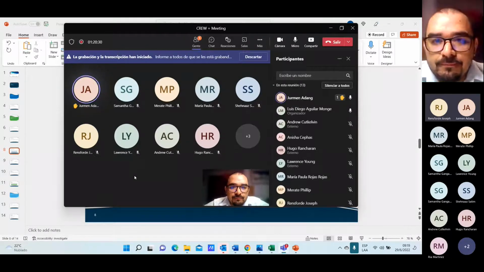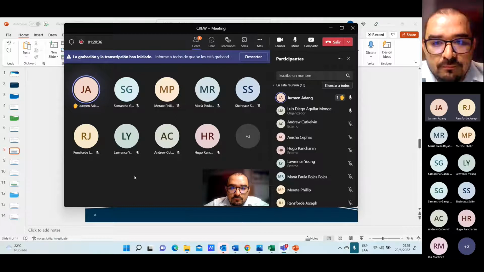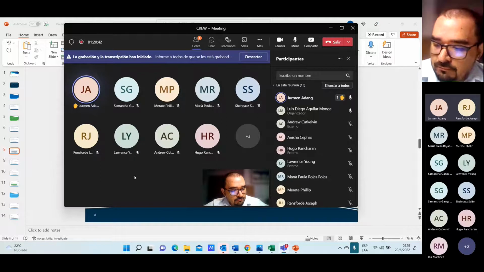Yes, I'm just wondering what is meant by third party, because if you have an internal staff, it's someone that works within the company or the organization. But if you have an external person, is someone out there. So what is then meant with a third party? Can you explain?